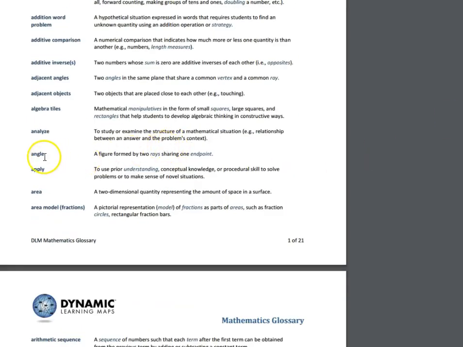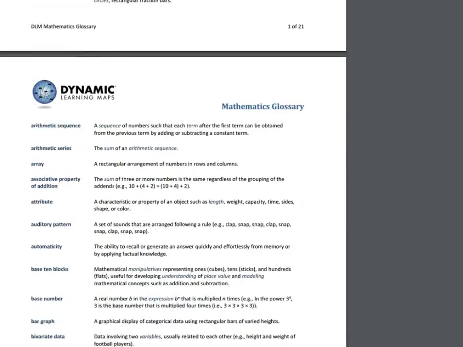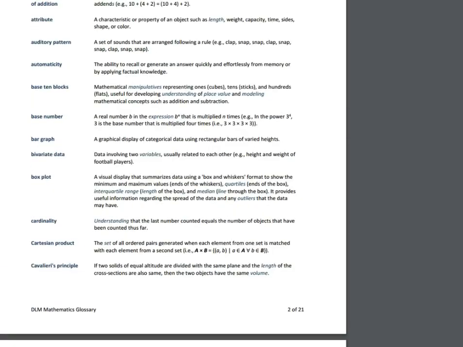it's giving various terms that may be used. So these may not be terms that your kids are familiar with, and this gives you an opportunity to get familiar with those things so that you might use this with your kids. Angle, apply, area. So these are just words that will come up in different assessments depending on grade level and linkage levels. So you can see some of these things: box plot, cardinality,